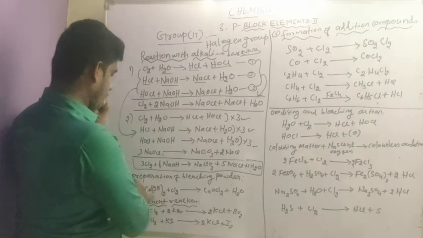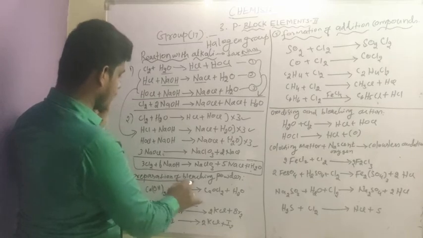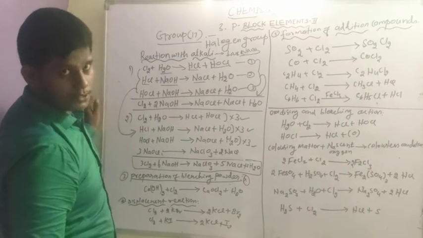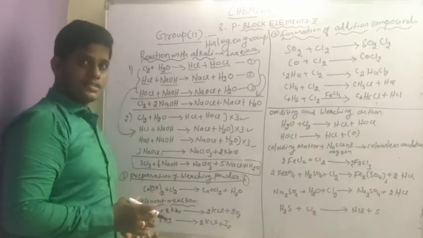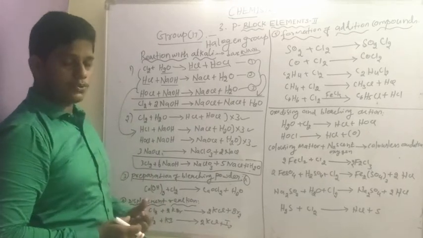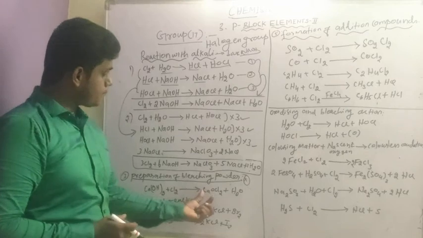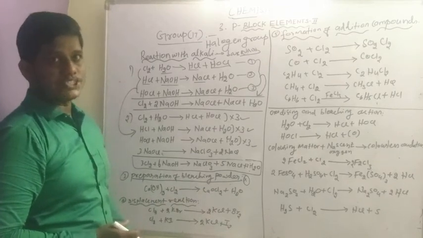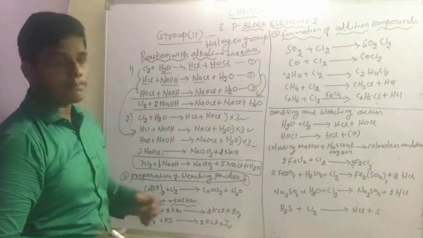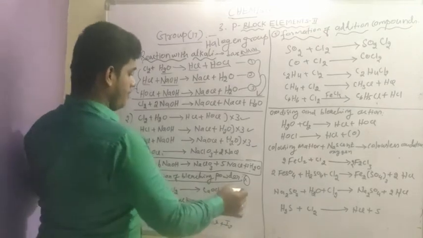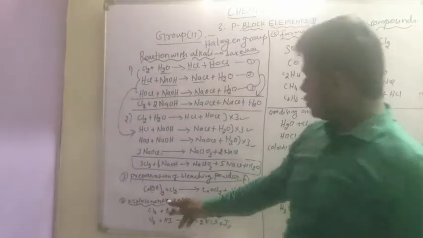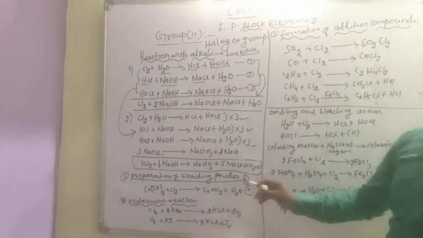Next, preparation of bleaching powder using chlorine gas. Very important. It is one of the cheapest compounds, used in various places. It is called a disinfectant, one of the reagents. Calcium hydroxide reacts with chlorine gas to produce CaOCl2, a calcium oxychloride, a hypochlorite. It is also called bleaching powder. What is the formula for bleaching powder? Ca(OH)2 plus Cl2 gives CaOCl2 and H2O.